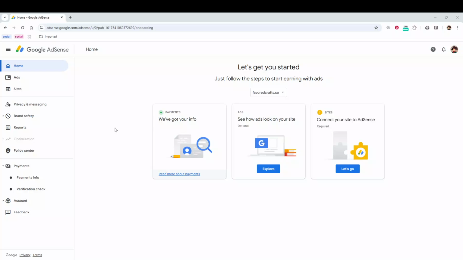In today's video, I am going to teach you how to change currency in Google AdSense. This is a simple change, but it is important to understand what it affects. When you change the currency in AdSense, you are mainly changing how your report numbers are displayed inside the reports